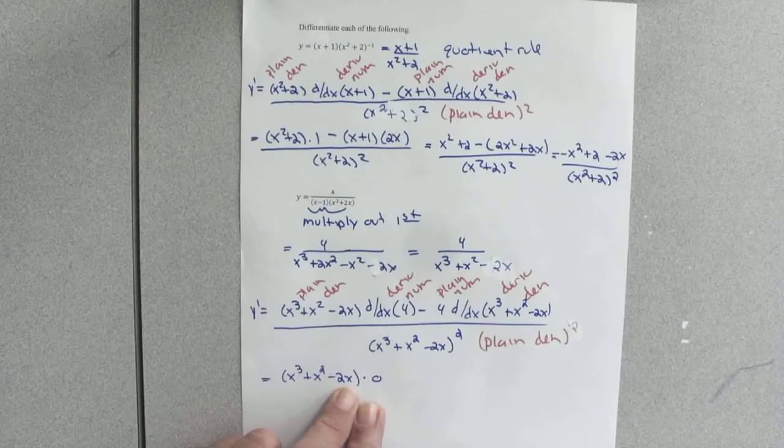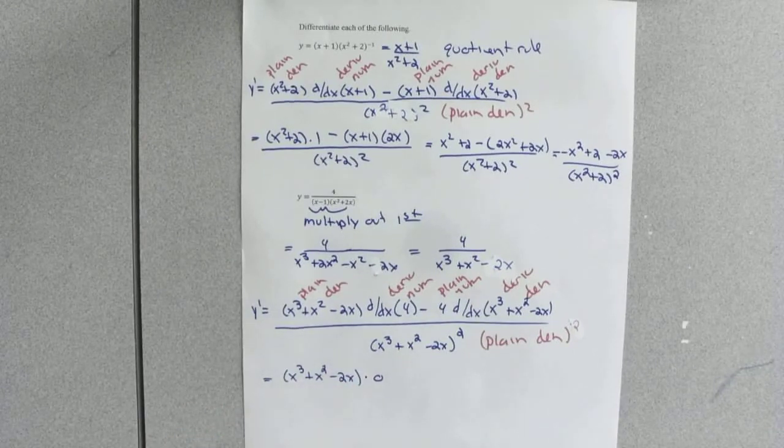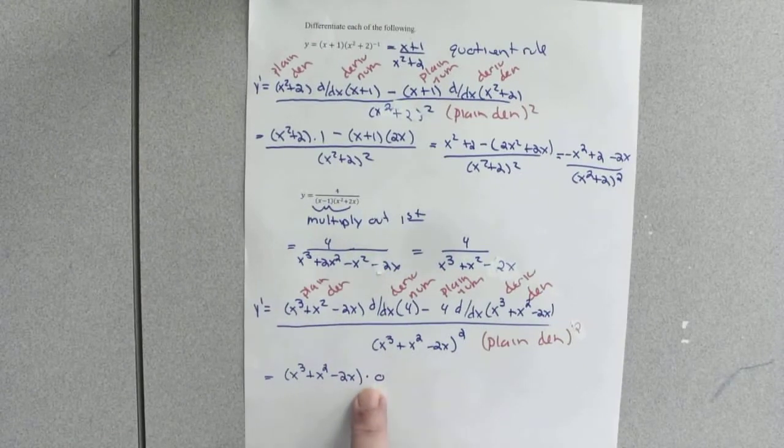Times 0 changes everything. And so you got to be really careful when one of these derivatives is 0. If it's adding or subtracting 0, yeah, drop it. But if it's times 0, we need it. And heaven forbid if it's ever divided by 0. Divided by 0 is undefined. So one of the major points of this problem is that 0 there is playing a very significant